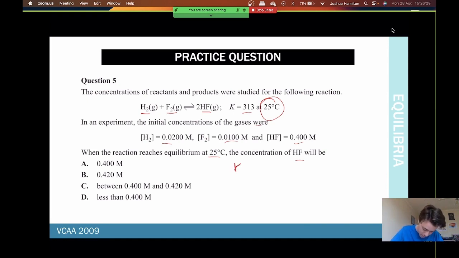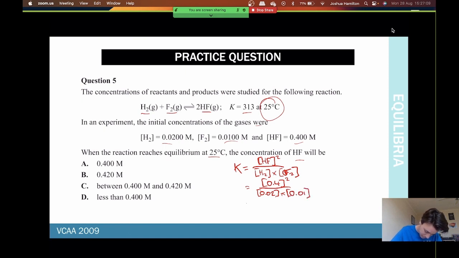So let's start off. Now, this is multiple choice, so you don't need to do all your workings, but I think it's better to do them all. So we're going to have HF squared over H2 multiplied by F2. Then you can go ahead and write out your values if you want. So I'm going to write out 0.4 squared over 0.02 multiplied by